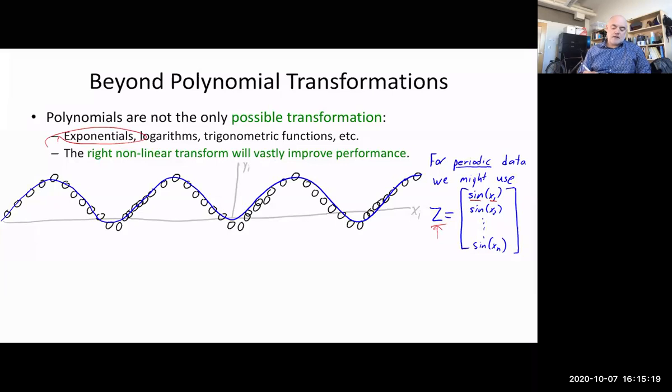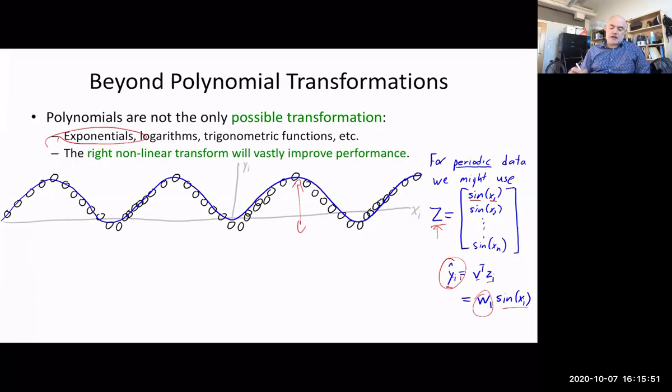So that the ultimate regression function ends up being some weighted sine, right? So like this. Here's our prediction. It's V transpose Z. V transpose is just W1 sine of X, right? So this basically would allow you to scale, for instance, that particular basis expansion would allow you to scale a